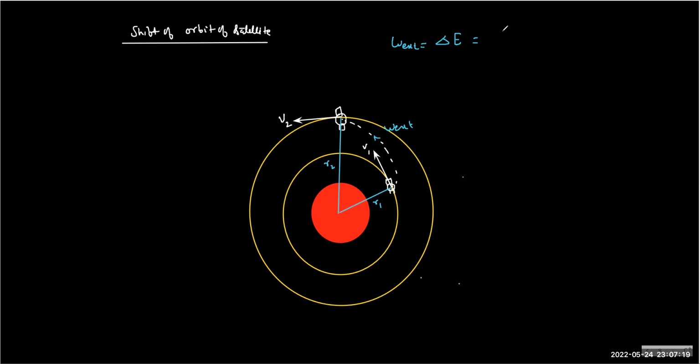And this will be delta U by 2, because we know that total energy is half of the potential, so delta is simple. So what you need to do is find the potential final and before, subtract, and divide by 2. That's it. Understood? Yes, sir. That's a simple question, so this won't be a difficult thing to think.